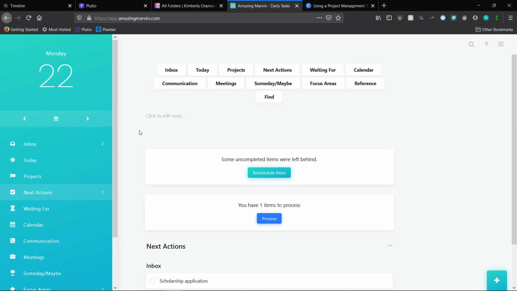So here, this is set up. You can set up a bunch of different templates, but I've got this set up for GTD, for getting things done. So we've got our inbox, today, projects, next actions, what we're waiting for, the overall calendar, communication, meetings, someday maybe, focus areas, reference, and find. So, if you go to the inbox,